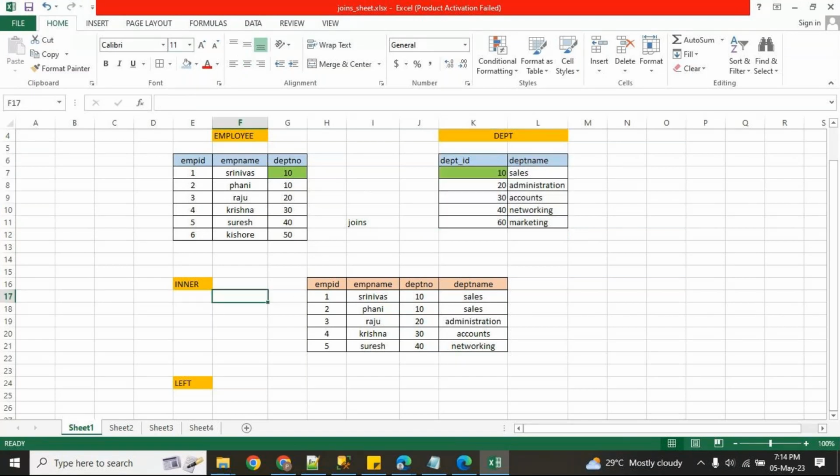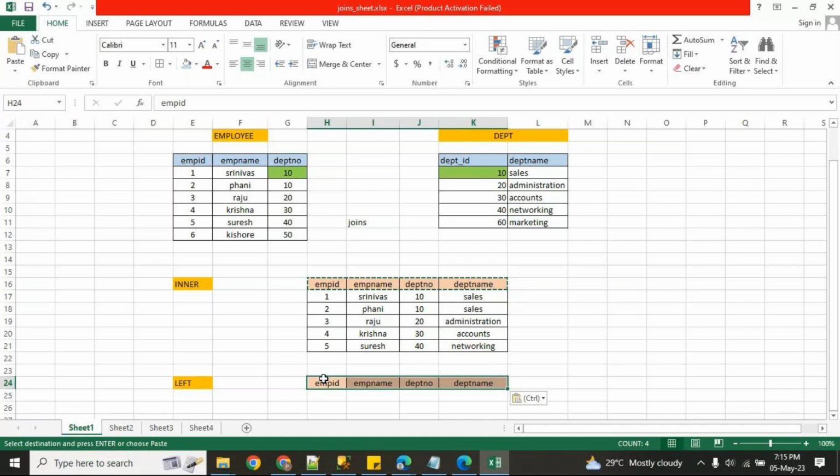So same output. In inner join, what will happen? This 10th record does not match with any record, so you will not get any output in the inner join. Now come to left join. First, 10: is there any match with 10?